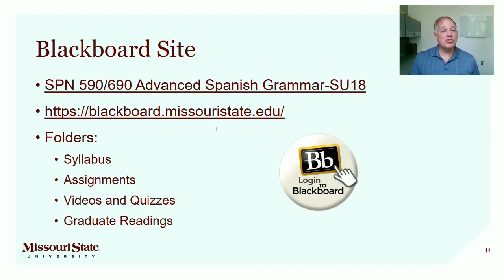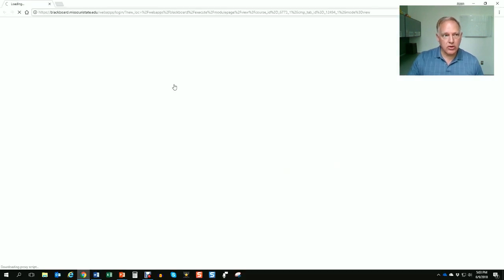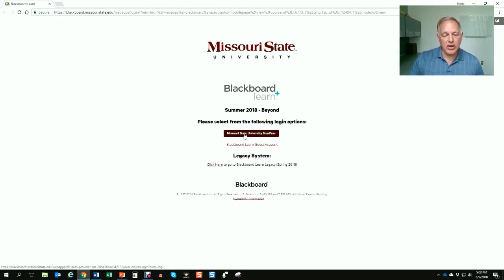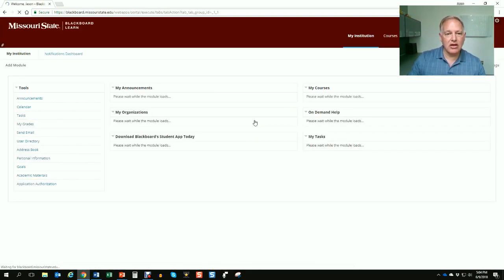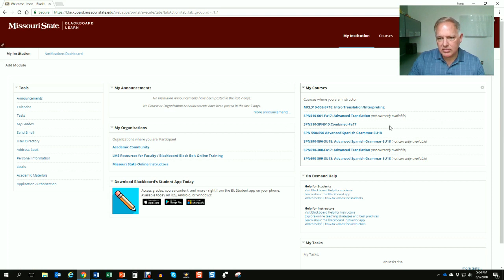Of course, there's a Blackboard site, and the name on this first button is very important because you might see a couple different options. Make sure you're accessing the one that says Spanish 590, 690, and so far I've only set up 4 different folders. Let's take a quick look. For those of you who don't know, the university upgraded to a new cloud-based Blackboard. You have to use this ID to log in. This is the course I'm talking about,